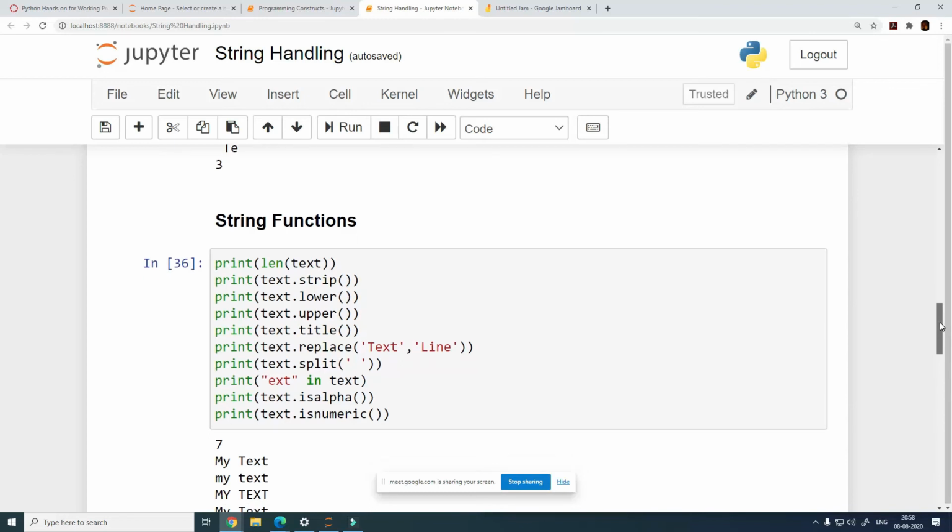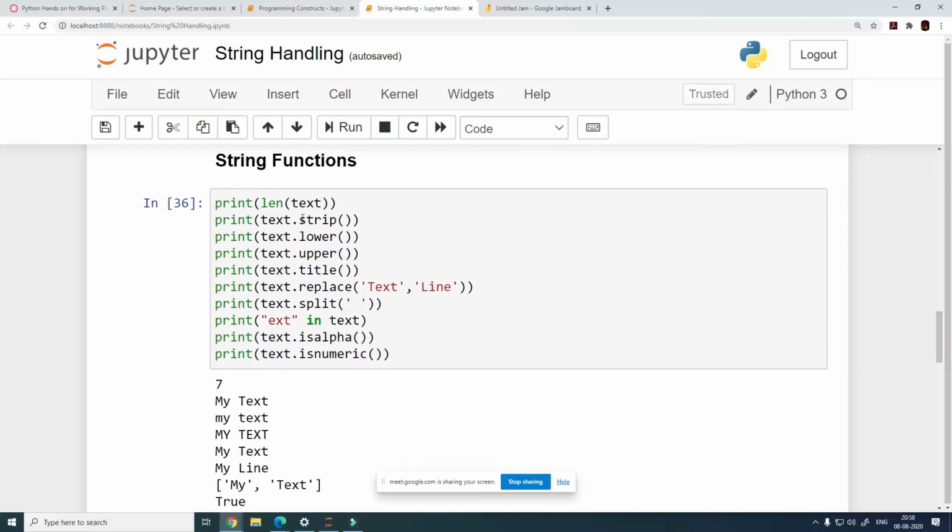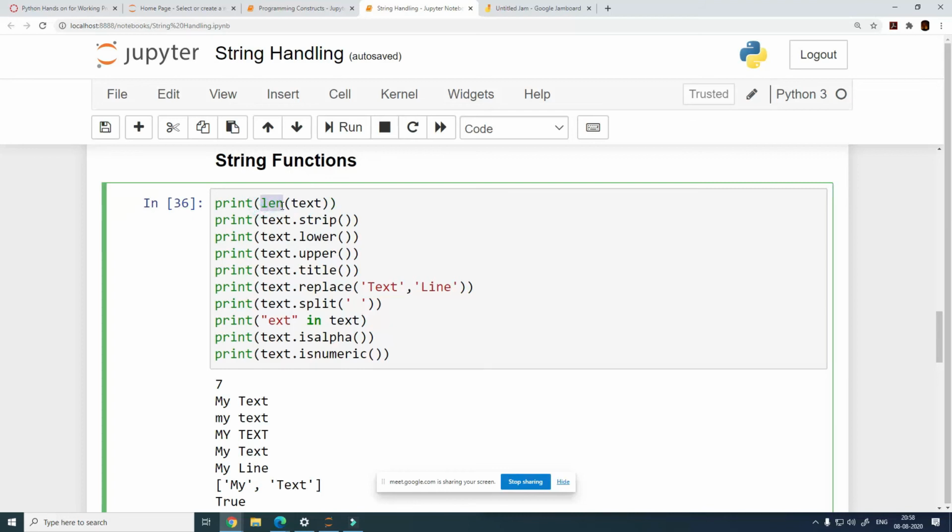The rest, whenever required, you can look for the reference and find out. If you really need something which is not from this list, you can always refer to the documentation and use that accordingly. So these are some of the common string functions that we will look at today, and these are very easy to understand. These are very self-explanatory. The first one is len, length.